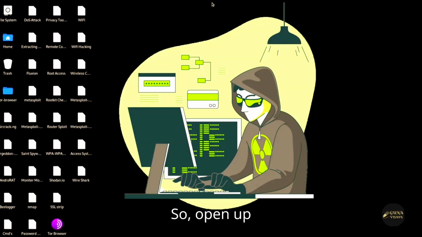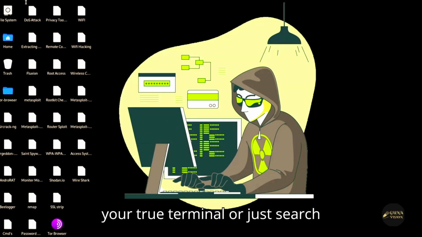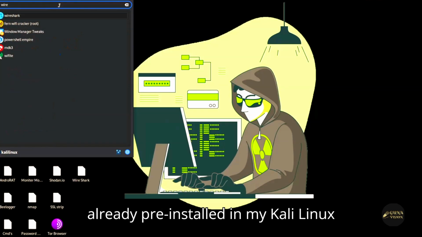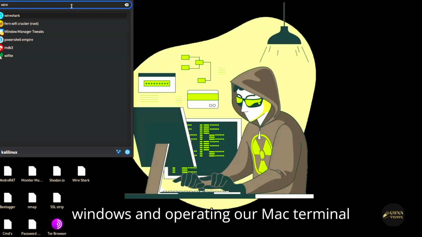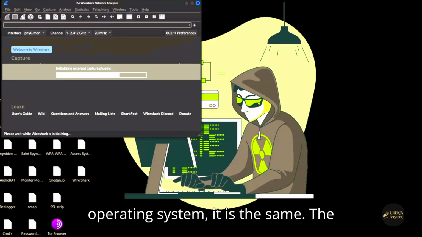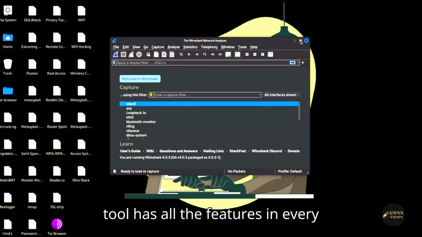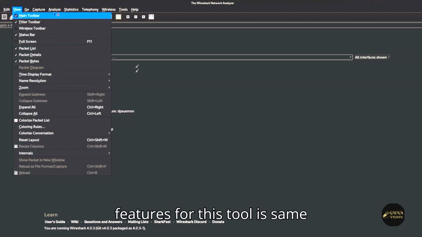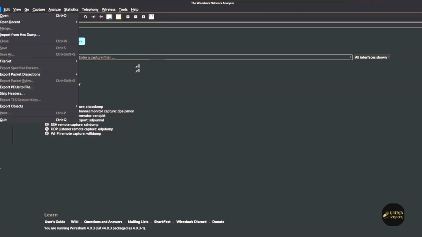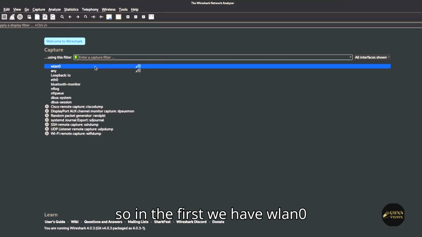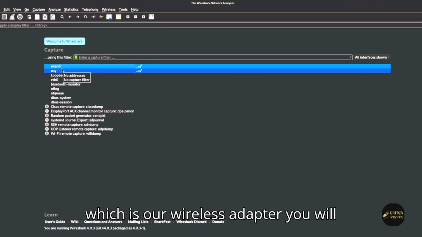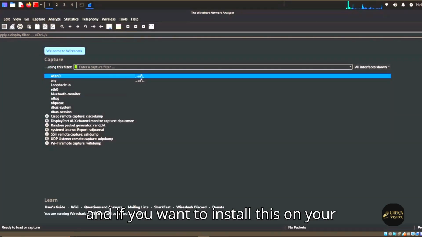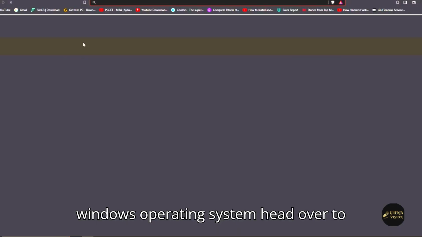So open up your terminal or just search Wireshark here. It's already pre-installed in my Kali Linux, and if you want to install it on your Windows or Mac operating system, it is the same. The tool has all the features on every platform. The buttons and all the features for this tool are the same. So first we have wlan0, which is our wireless adapter. You will have wlan0 on Linux, and if you want to install this on your Windows operating system, head